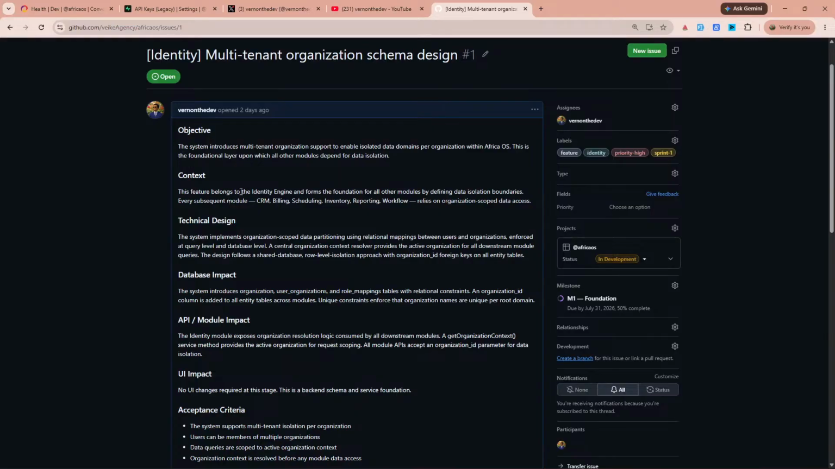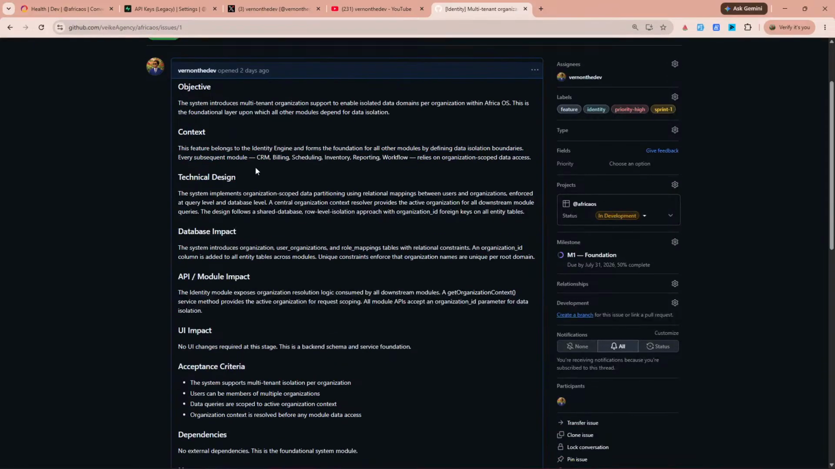So the context is this feature belongs to the identity engine and forms the foundation of all the modules by defining data isolation boundaries. So all these specific modules are going to rely on organization-scoped access. What do we mean by that? All these modules are going to have one kind of organization. So when people come to our application, they have to create an organization. Then through that organization, they can access all these different modules. So instead of having separate applications, the organization can manage its CRM there, it can manage the billing there, it can